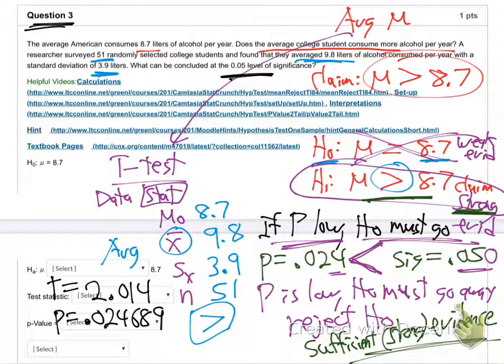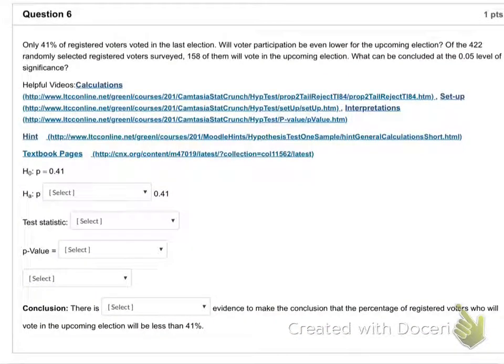In other words, what we're saying when we say strong evidence is we're saying there's a really low chance that could have been luck. I mean, it could have, right? You could have grabbed 51 students and it just happened to be a lucky group. They were just big drinkers and that's not really the average college student. But there's not much chance of that. The chance that you get lucky like that is only 0.02. There's only a 2% chance that you got lucky like that. It's more likely that that's really the truth, right? Just like when I did the coin flip thing, the chance got really low. We didn't believe it was luck anymore. We believe the college students are really causing that. That's our conclusion there. Is that good? Is that making sense? Can we squeeze in? All right, question number 6.